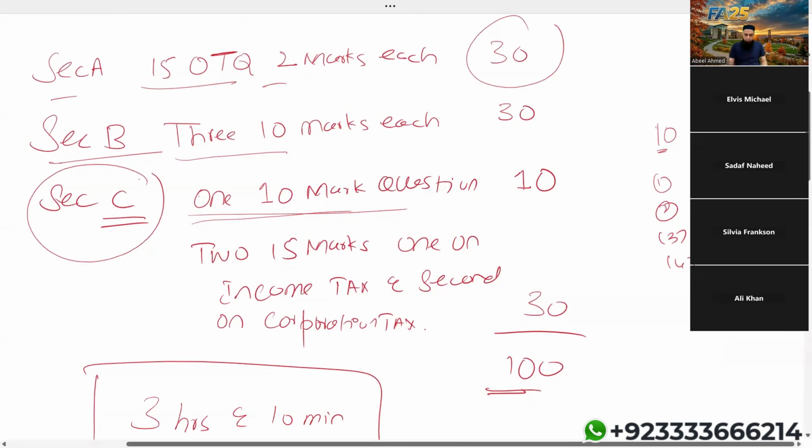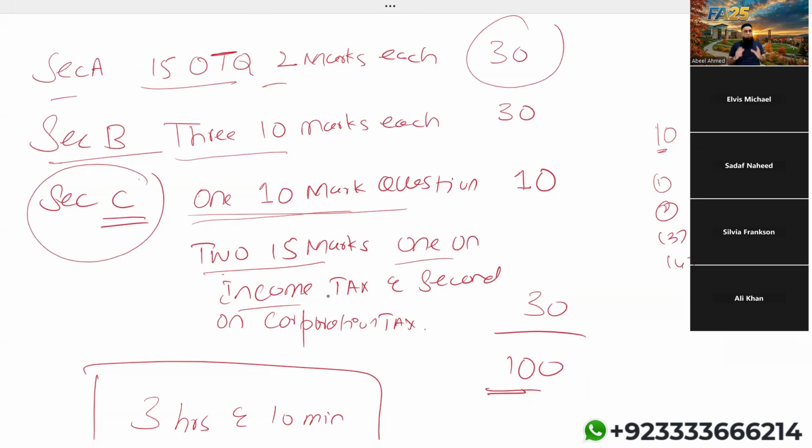Now remaining, we have got two 15 marks questions. Each question is 15 marks. But the good thing is, here it is categorically mentioned: out of these two 15 marks questions, one question will always be on income tax, meaning on individuals like you and me, how individuals actually pay income tax. For example, this could be a question on a person who is an employee. So how to calculate employment income and then income tax on that employment income, that could be asked. But one question will be solely on individuals and one 15 marks question will be solely on corporation tax.